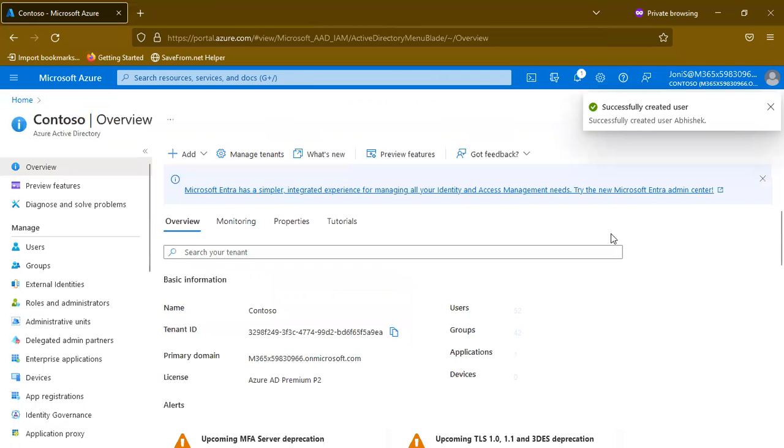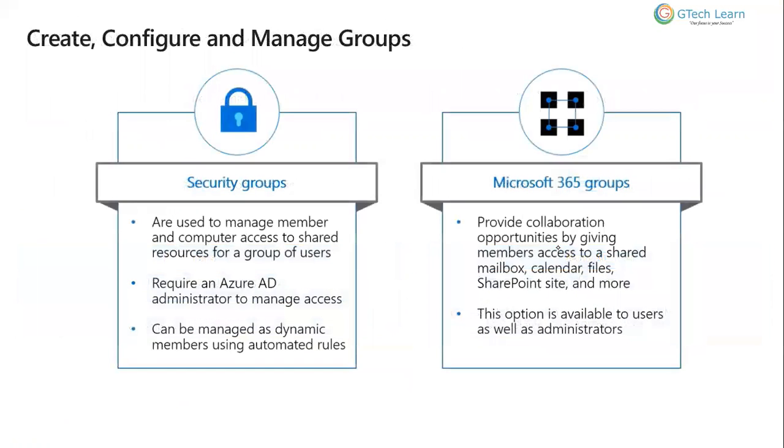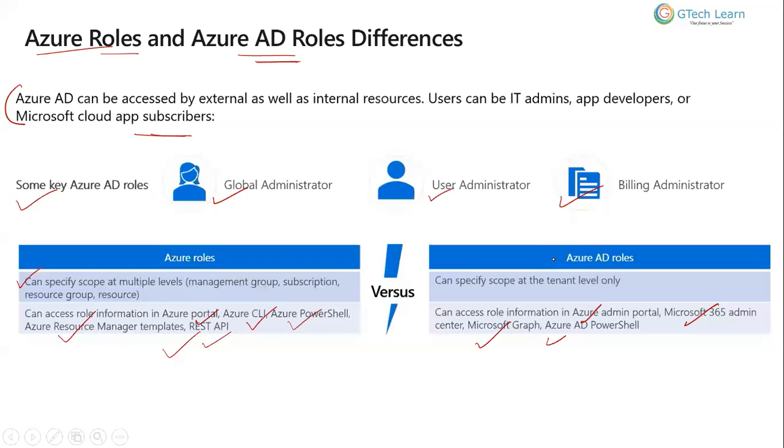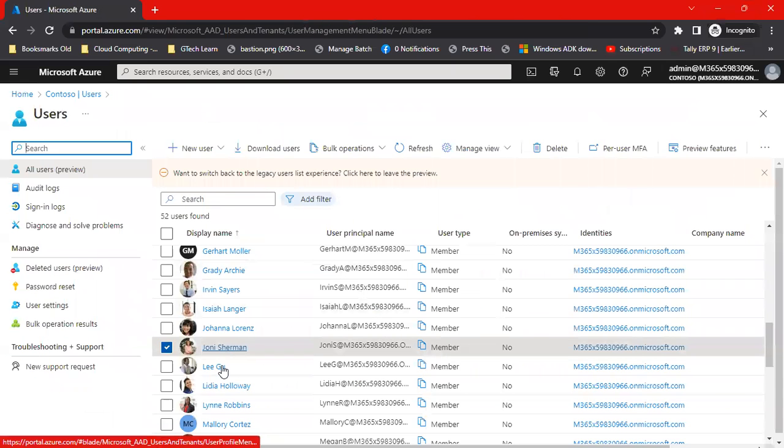So now, why is this user Johnny S able to create a user? Because I have assigned the Azure AD role to that specific user. So that's why this user is able to manage the Azure AD objects like users and groups over there. Now let me go back to my administrator portal,